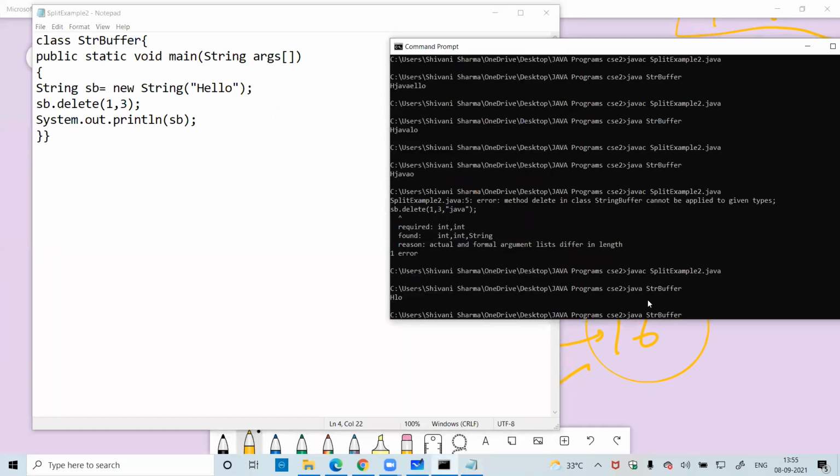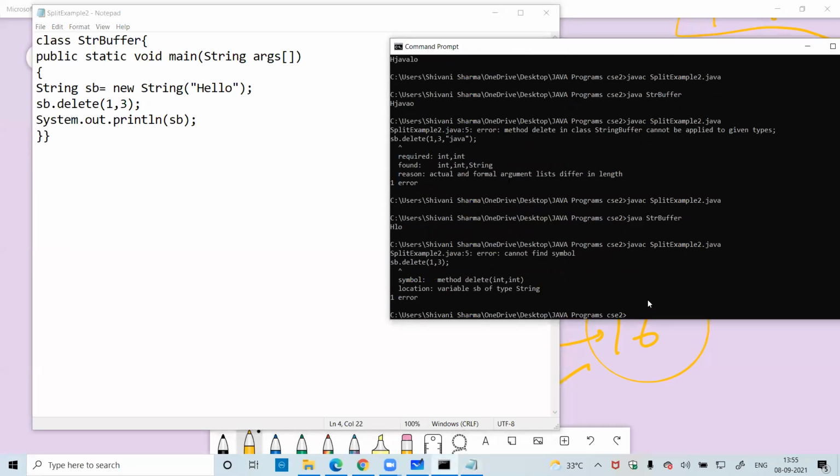Now you can see there is an error. The delete method is not available in the string class.